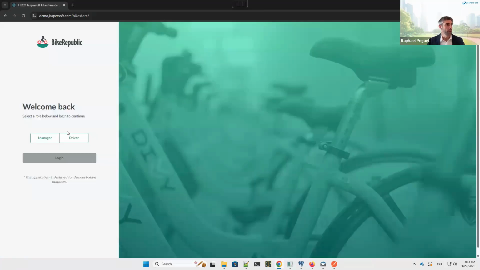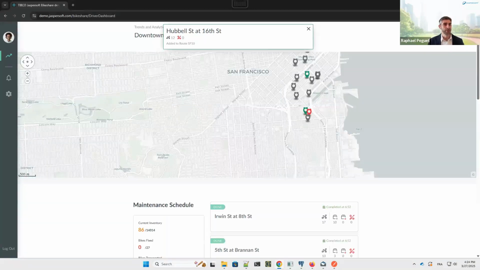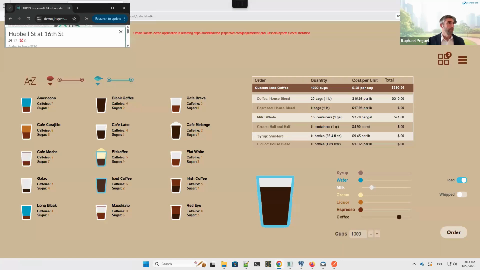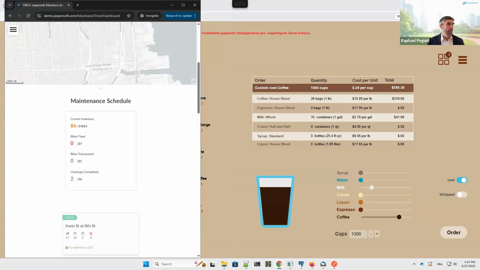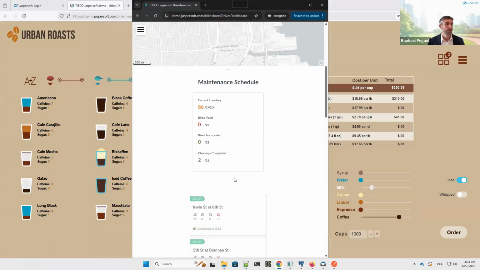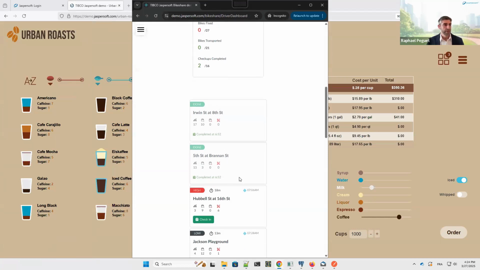Now, if I log out and I log back in as a driver, the driver will have a notification. Probably it's going to be on a tablet or a smartphone, so probably a smaller screen. And I can center it. And on a smaller screen, now the data is being displayed into one column, so it's web responsive. And I can see in my report from Jaspersoft again, the 2 stations being done and completed